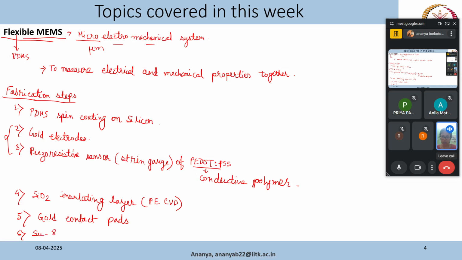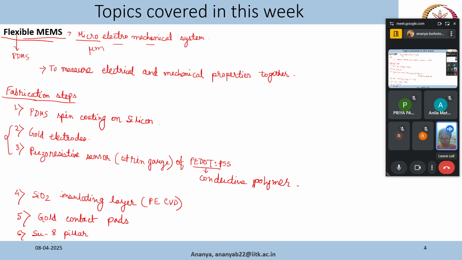We'll make SU8 pillars. This SU8 is a negative photoresist, and we can make high aspect ratio structures using SU8, and it is often used in MEMS because it is biocompatible. Okay, we'll make SU8 pillars,